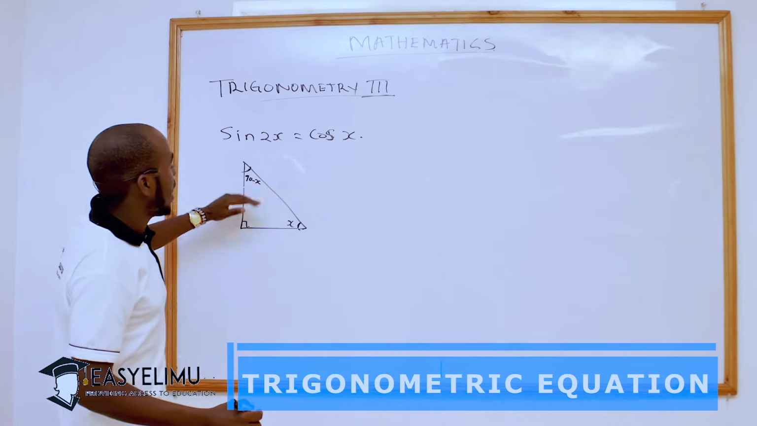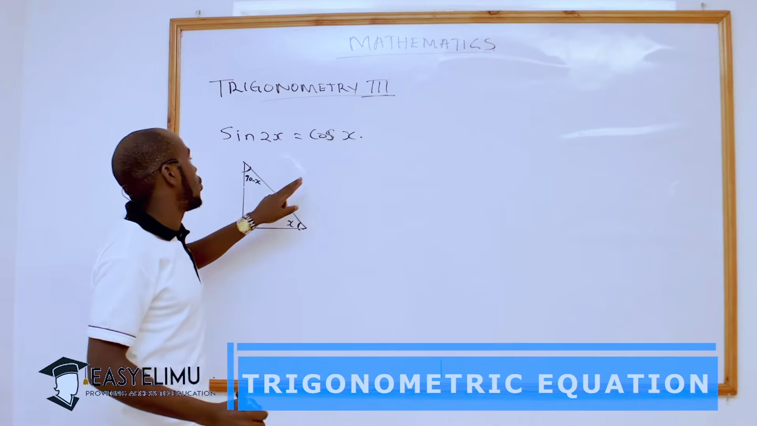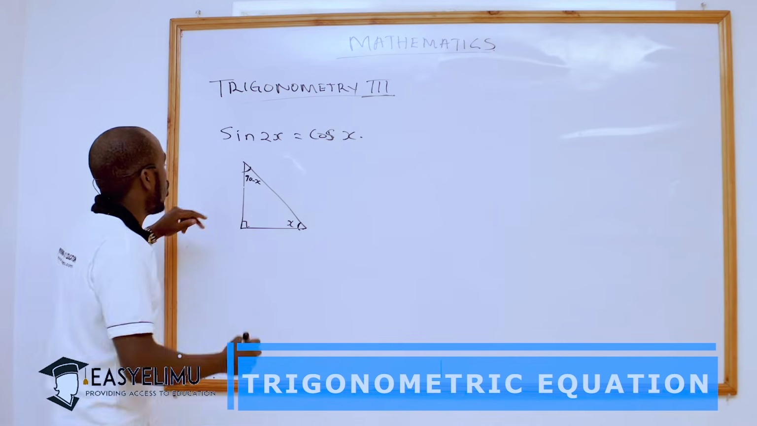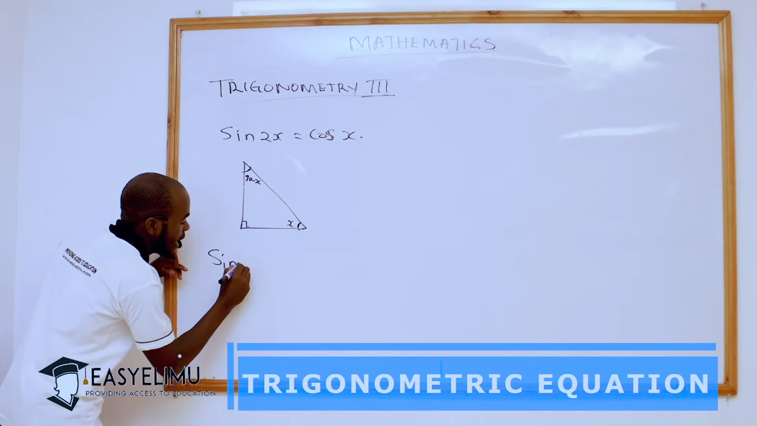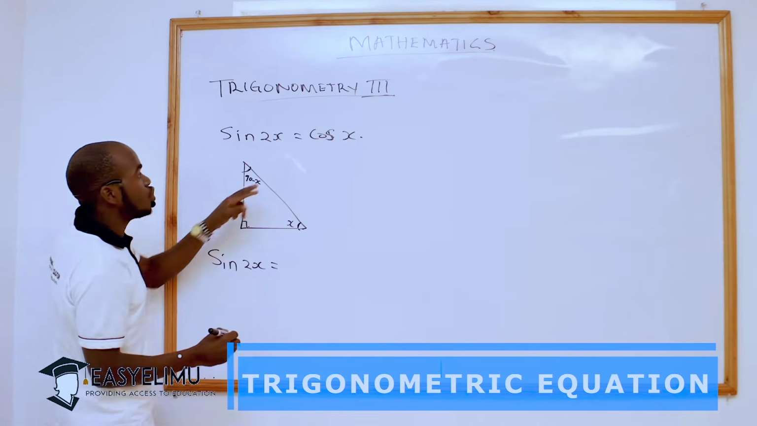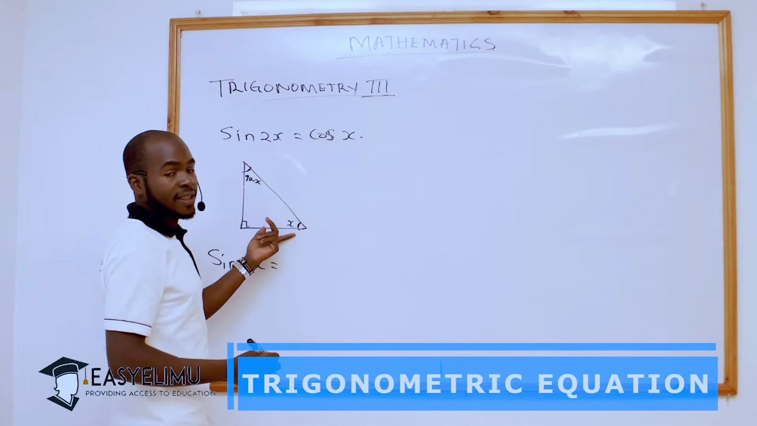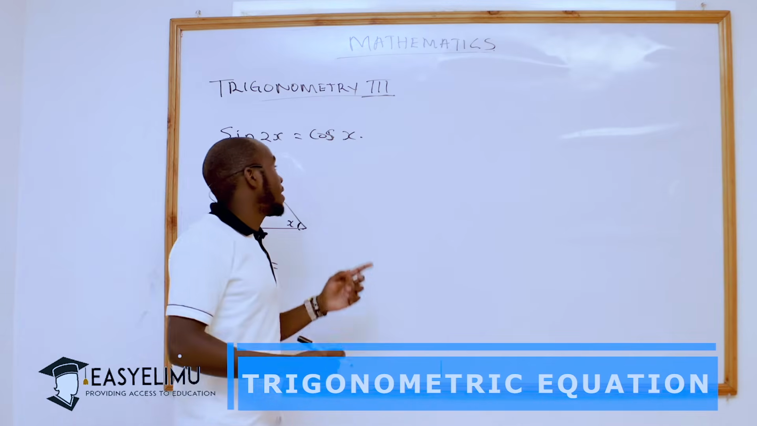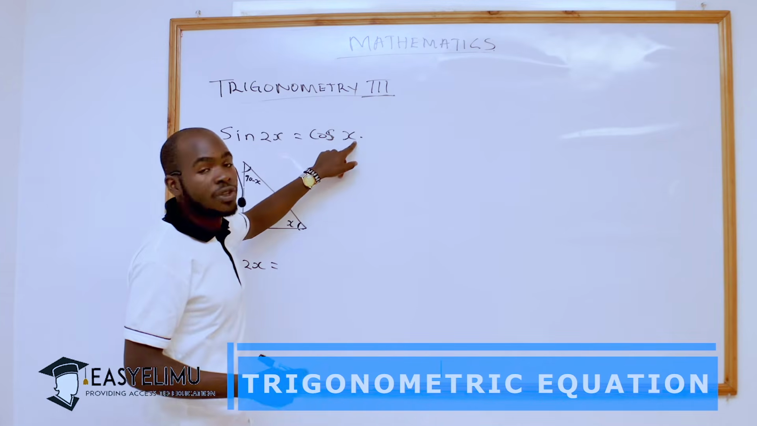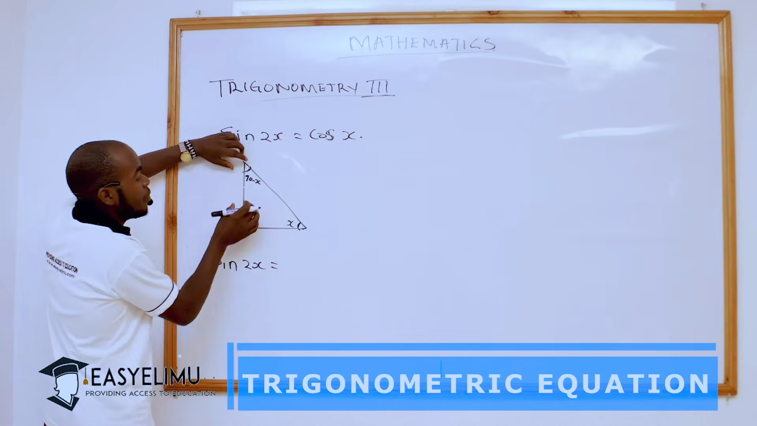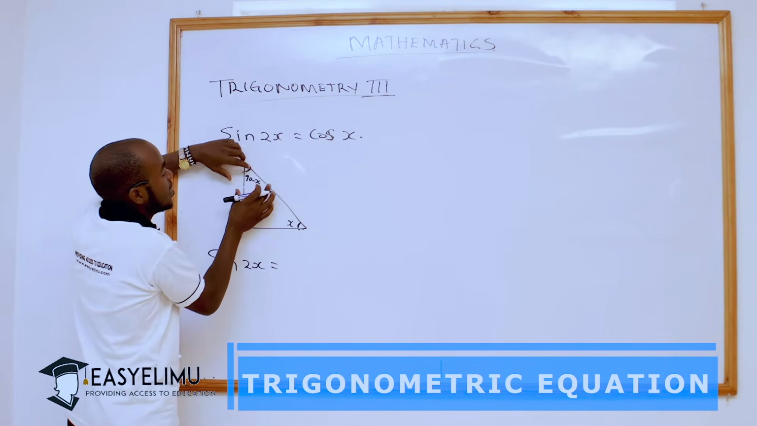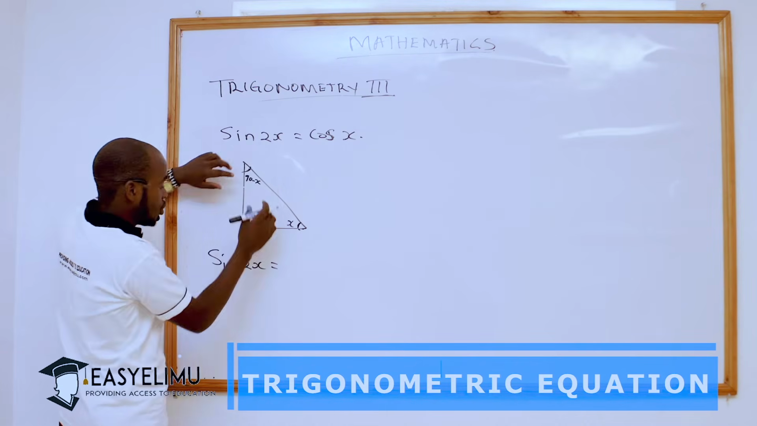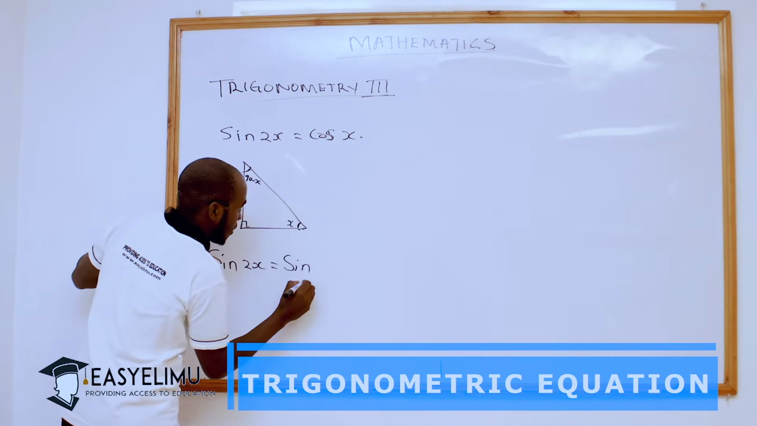We can replace angle x with what we have here. So we have been told that sine 2x is equal to cos x. And we know if sine 2x is equal to cos x, then it means if we find the sine of 2x, it is the same as the sine of this angle. So meaning this one will always be equal to sine